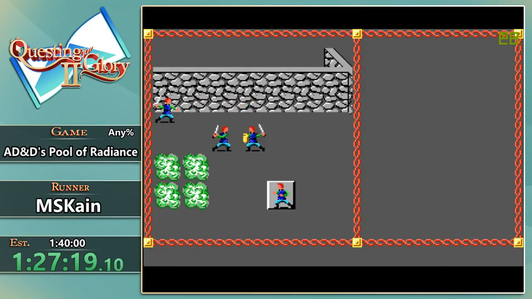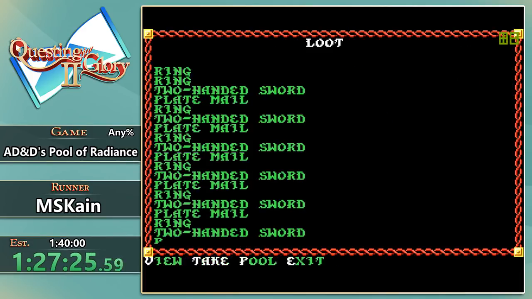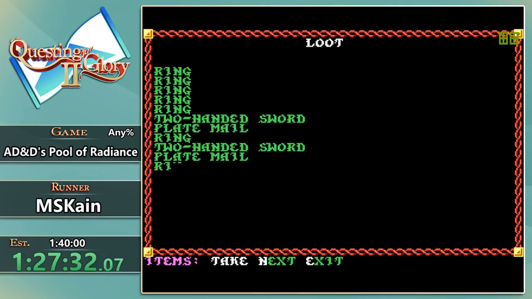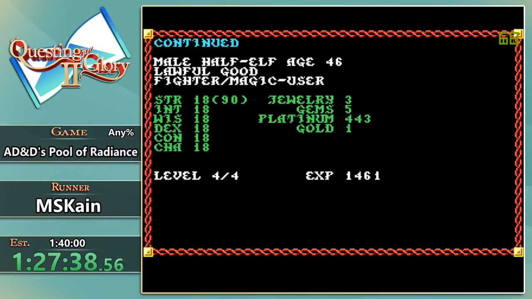Oh well, let's finish him off. He surrenders, yay! So, now that we've killed them, they have +2 two-handed swords and +3 plate mail, so why not? Oh, +2 plate mail is all it is, not +3. They have +3 rings of protection, which do no good when you're wielding +3 plate mail, but...